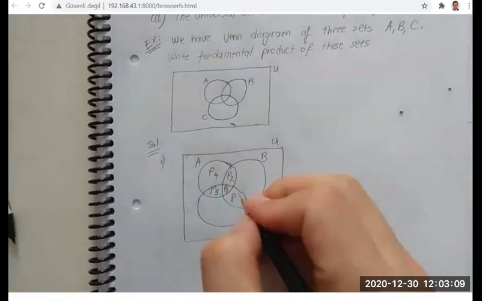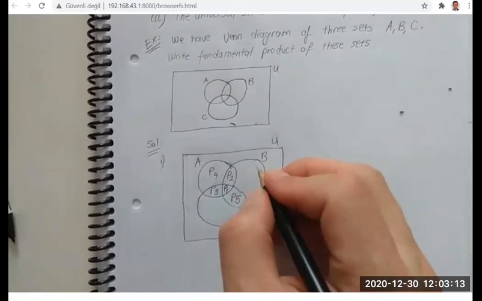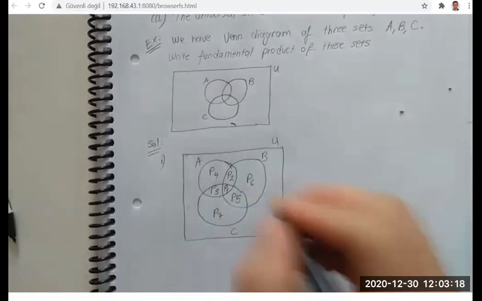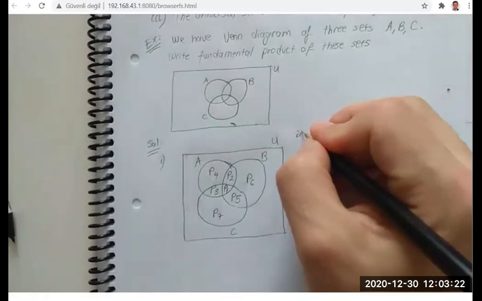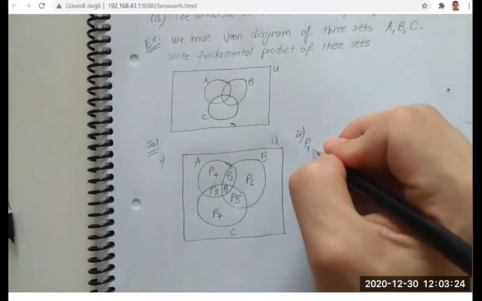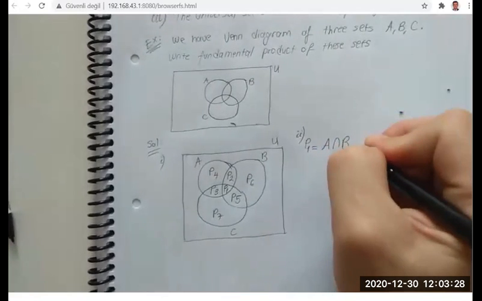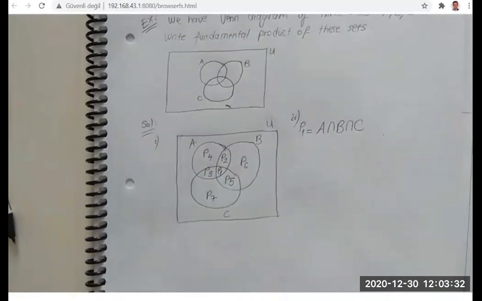You can change it, but I'm going to use 5 here, 6 here, and 7 here. Okay, product P1 is equal to A intersect B intersect C. So the fundamental products of A, B, C are P1 and